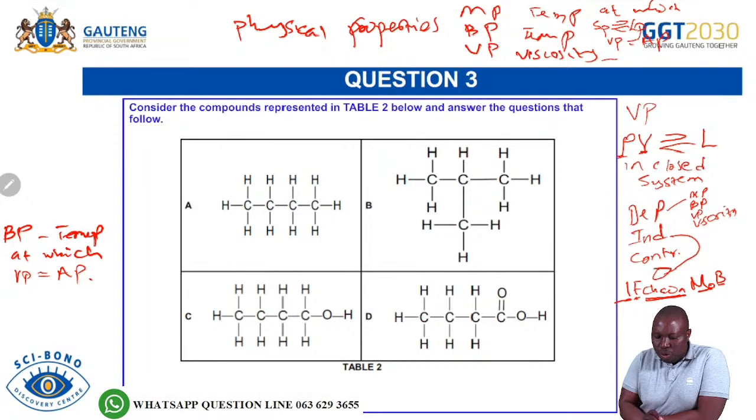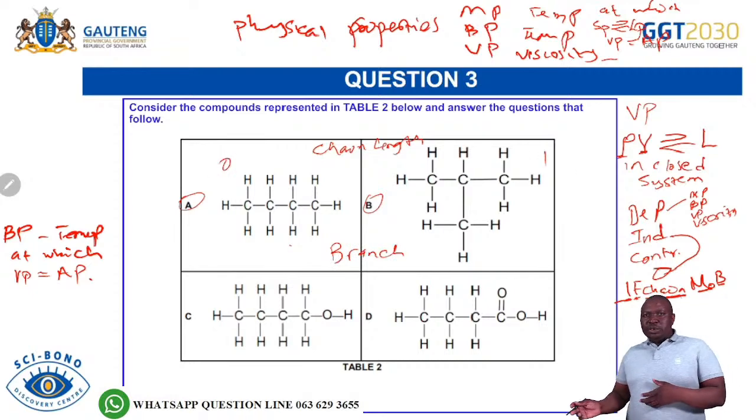For example, if you look at number A and number B, you can see that the longest carbon chain length is not the same. We have 4 carbons in the longest chain, and then here we have 3 carbons in the longest chain. So here we are referring to chain length. One learner will say this is talking to chain length. Another will say, no, sir, this is talking to branch. Yes, you can see that we have 0 branch here, and 1 branch there.